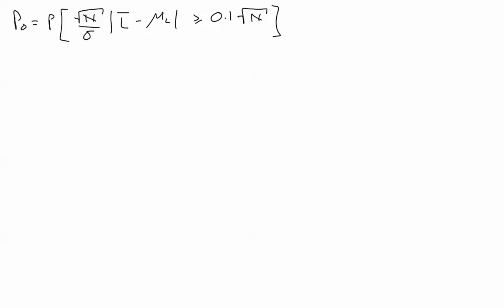Now I'm going to get rid of those absolute value signs, and I can do it this way. This is the probability that Z equals square root of n over sigma L times L bar minus mu L is greater than or equal to 0.1 square root of n,